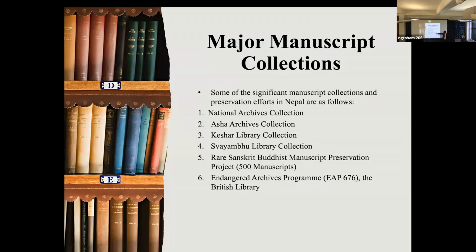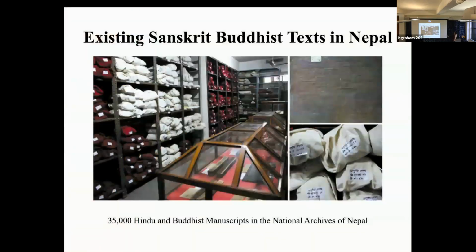In our rare manuscript preservation project, so far we have already scanned 500 manuscripts. And two to three years ago, the British Library sponsored another project called the Independent Archive Program, which also has 600. Some of the pictures you can see: this is the picture from the National Archive, which has the biggest collection,